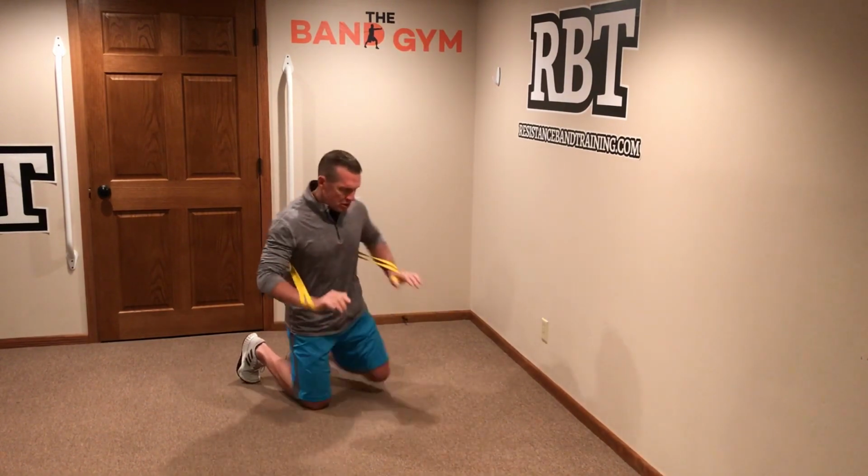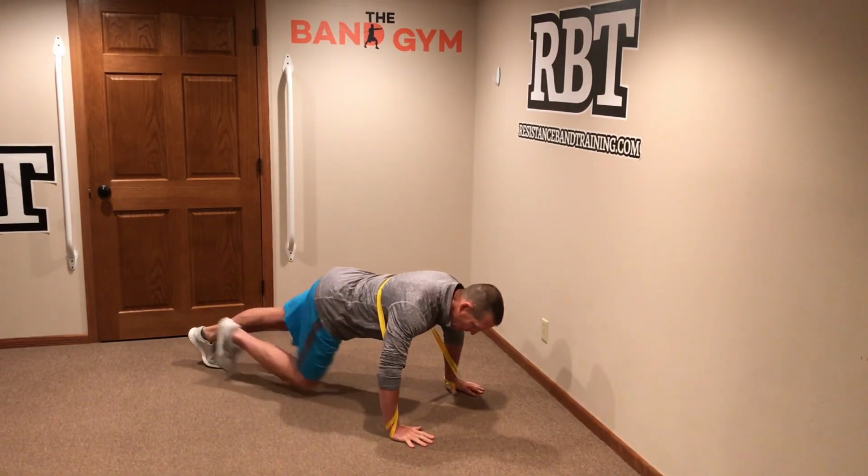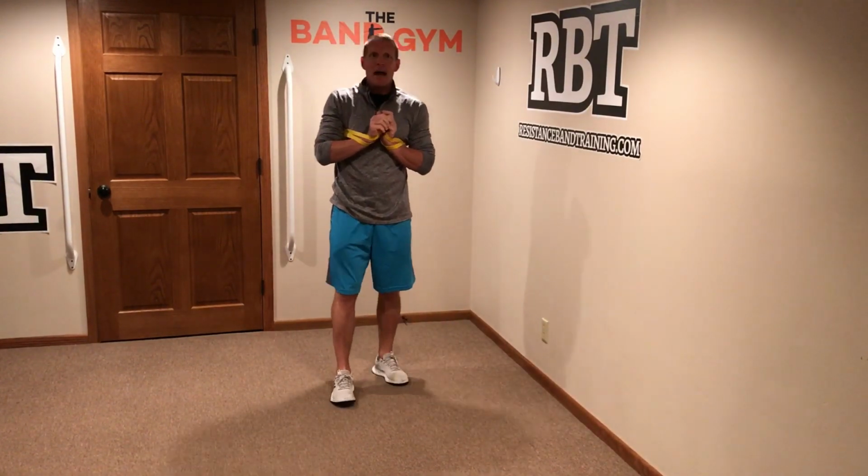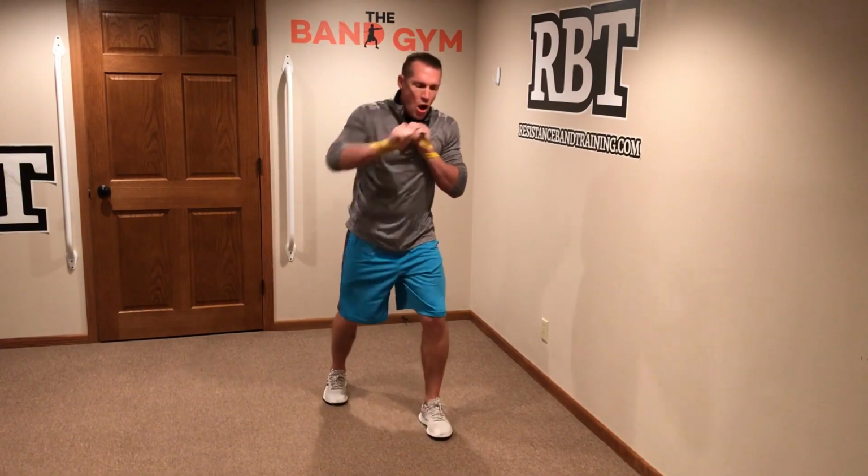So now we can go down into our resisted push-up, but because we have it wrapped around, it's going to be shorter. You're going to get resistance through the full range of motion. You can do pushing movements. You can do punching movements. This is a very nice setup that allows you to get resistance all the way through the movement,